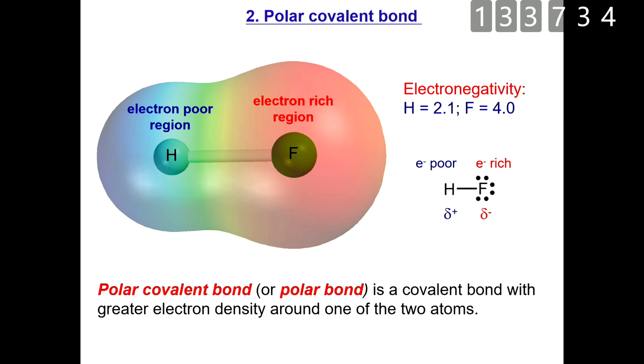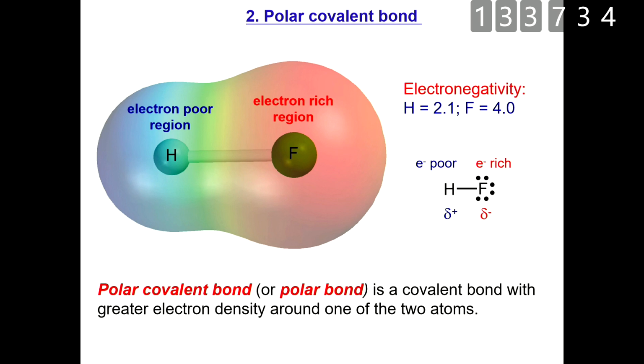So the second part is about the polar covalent bond. So there are two kinds of bonds. One is covalent bond, another is ionic bond. For covalent bond, there may be polar covalent bond. So what is polar covalent bond? Polar covalent bond is a covalent bond with greater electron density around one of the two atoms. So for example, in this case,